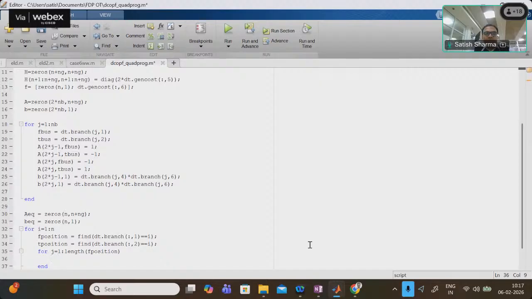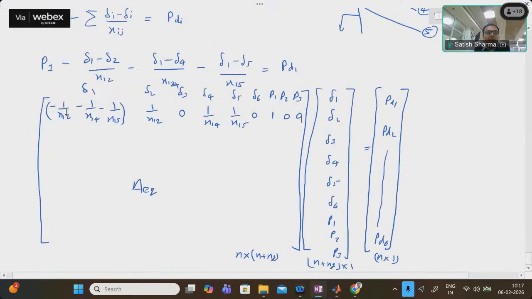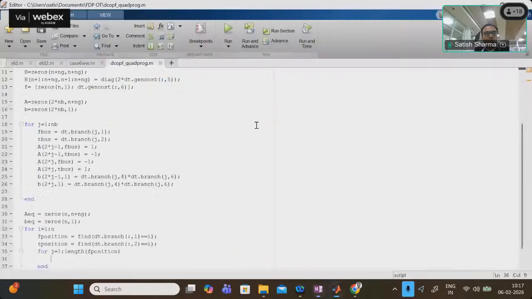I will place whatever is the impedance with a negative sign at the ith column and ith row, and the rest of the others will be positive. So I will simply put aeq(i,i) equals aeq(i,i) plus 1 divided by dt.branch,